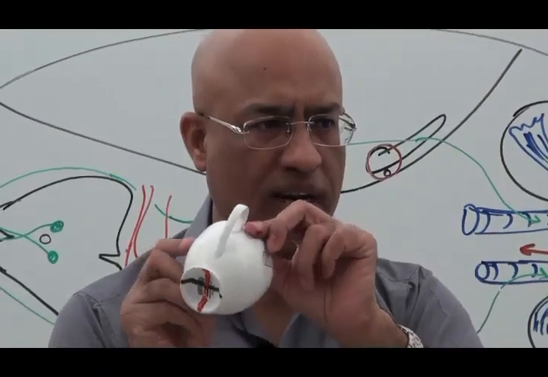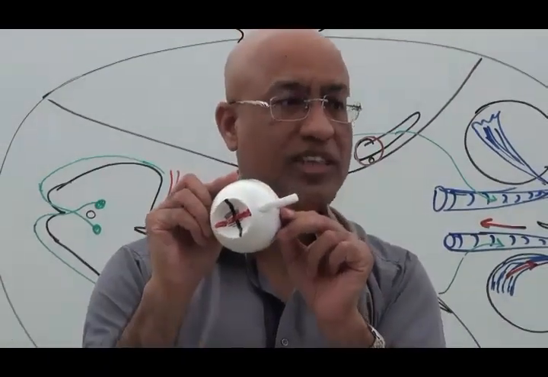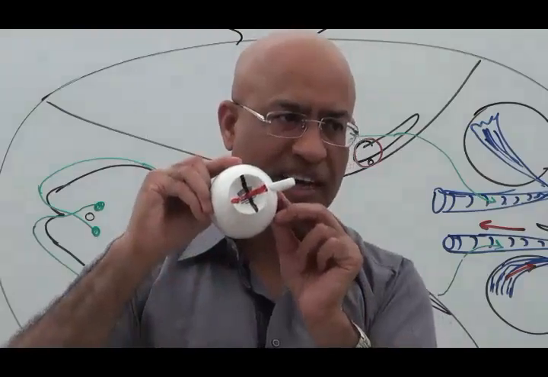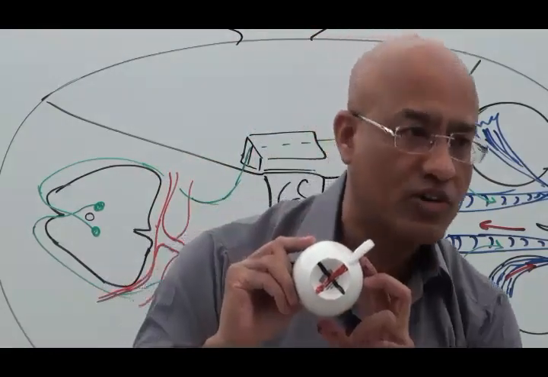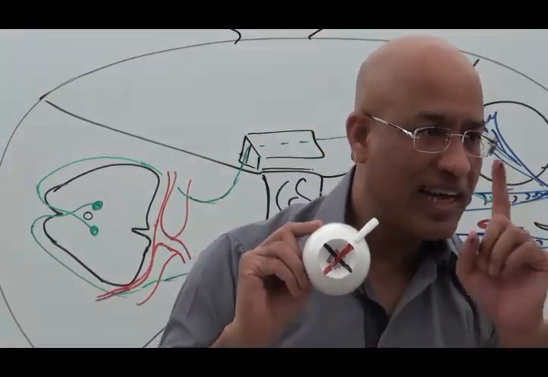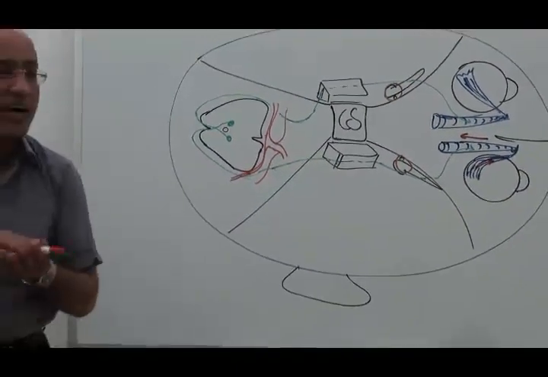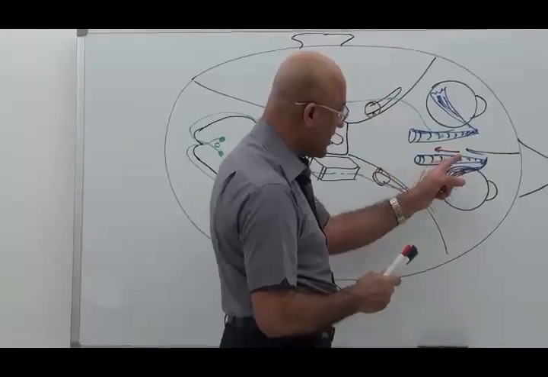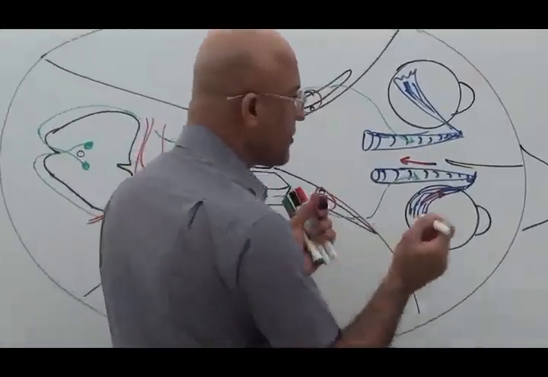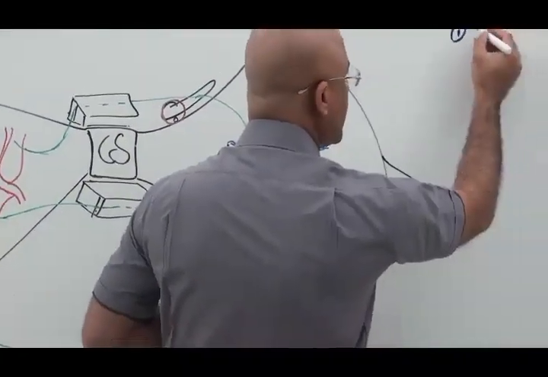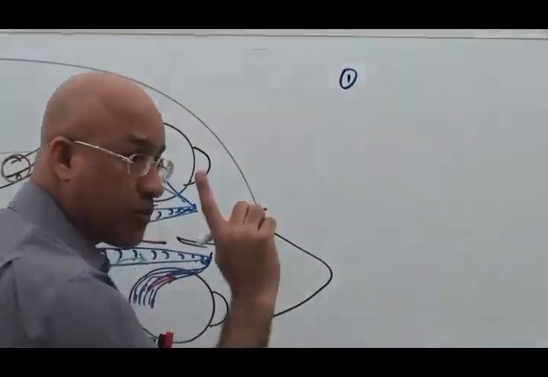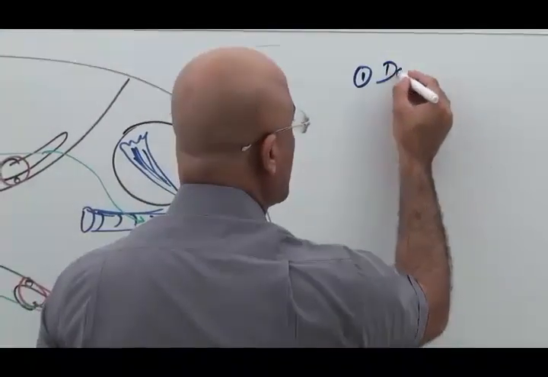Move the eyeball downward and outward, but it also spins inside. When the eyeball spins inside, it means it produces intorsion. So if someone asks, what are the normal functions of the superior oblique muscle, the normal functions of this muscle are, yes, it depresses the eyeball, it pushes the eyeball down and out,